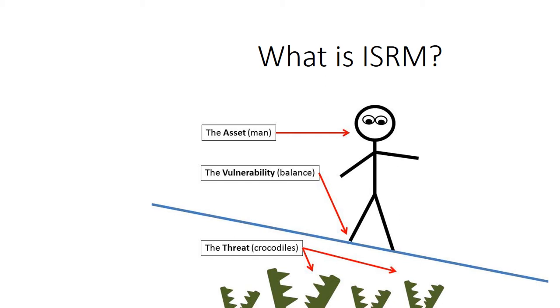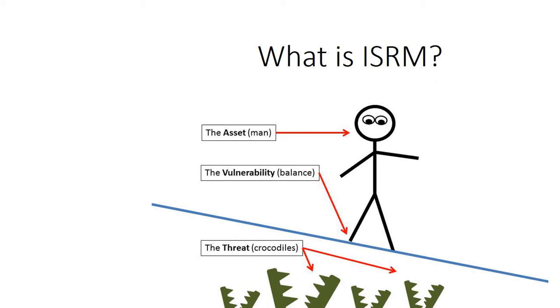So you can imagine this man as an asset. It means that this man can be an employee in your company, and this man can possess some important knowledge and information that is very critical for your organization. Okay, so it's also important that you protect your asset. I mean, you protect your employee, because the information possessed by him is very valuable. And the task of this asset, the task of this man, is to cross on this rope without